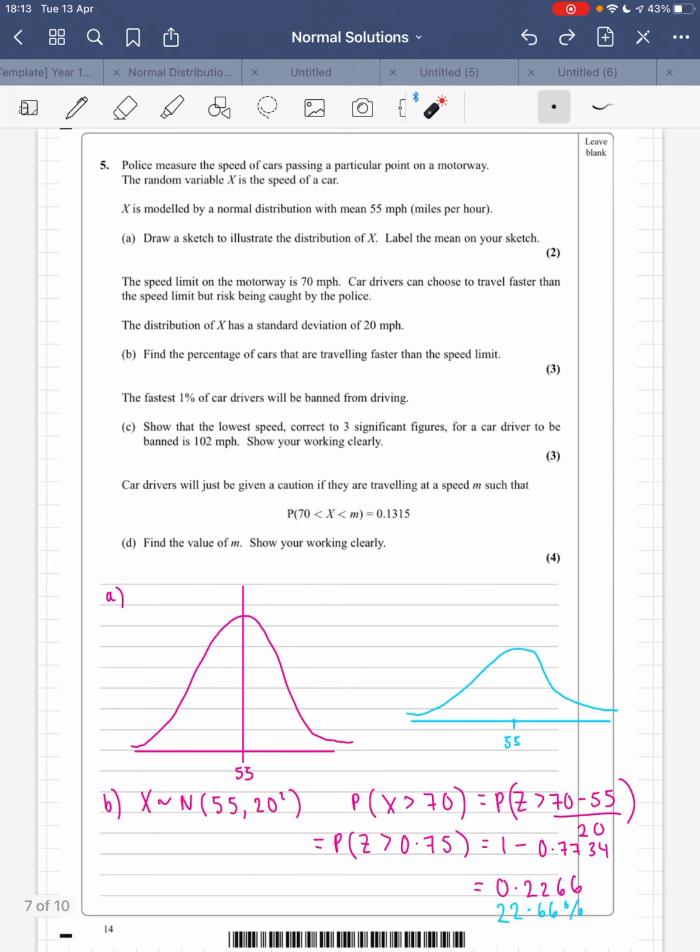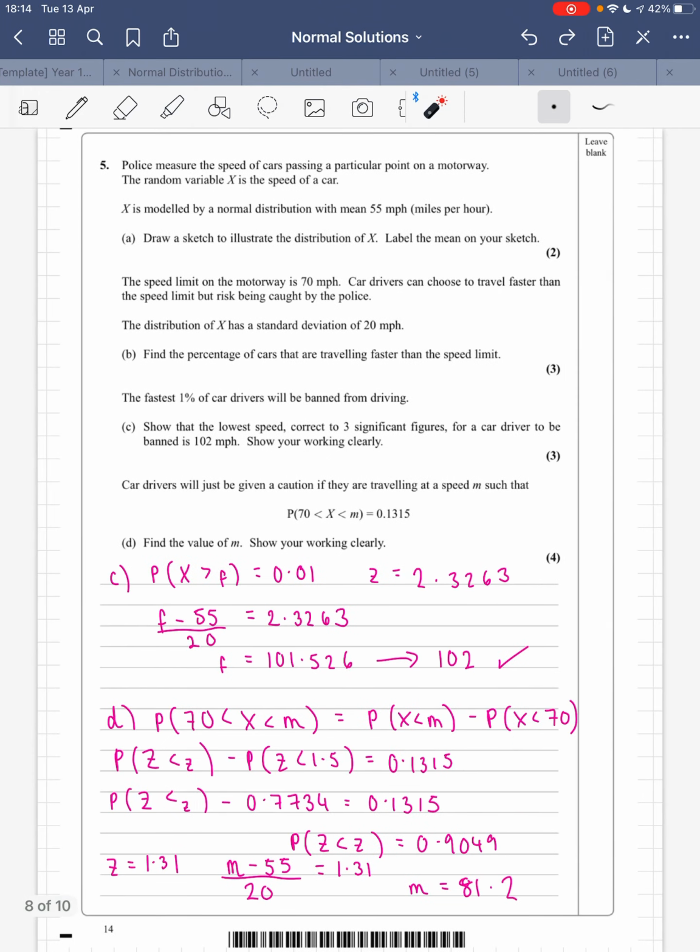I did that here. I coded 70 and it became 0.75. So I'm trying to find the probability that Z is less than, I've changed my m to Z again so I don't get confused, so the probability that Z is less than little z minus the probability that Z is less than 1.5, and that gives us an answer of 0.1315 because we've been given that in the question. The probability that Z is less than 1.5 is 0.7734, and then I rearrange it to get the probability that Z is less than little z is